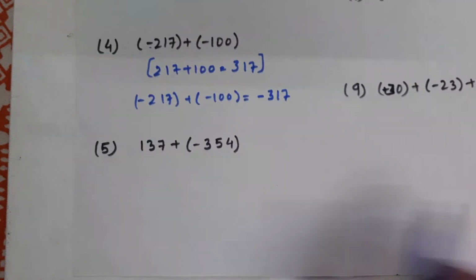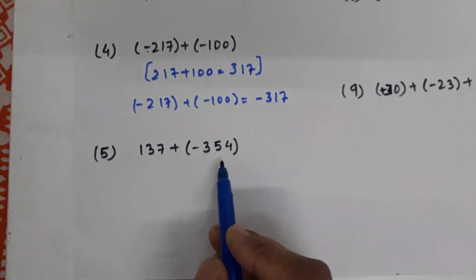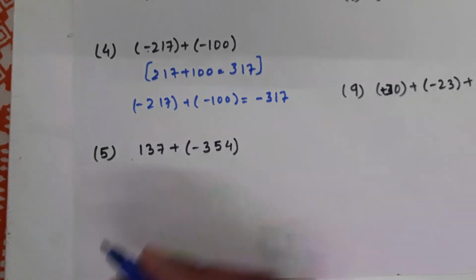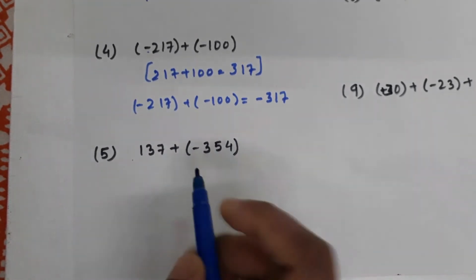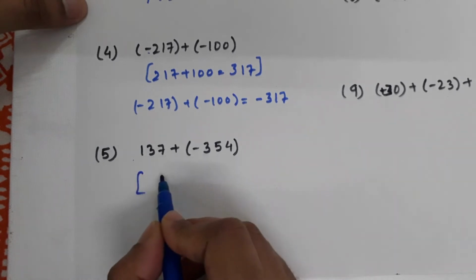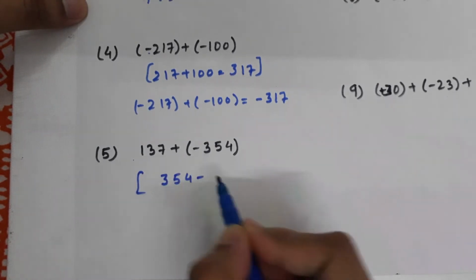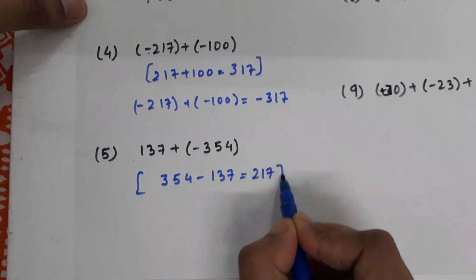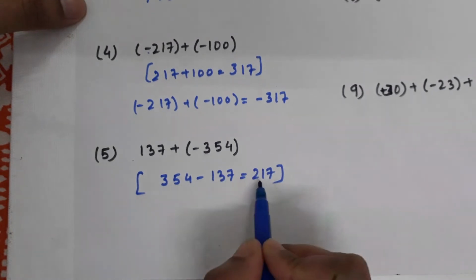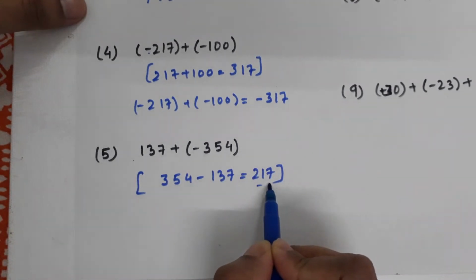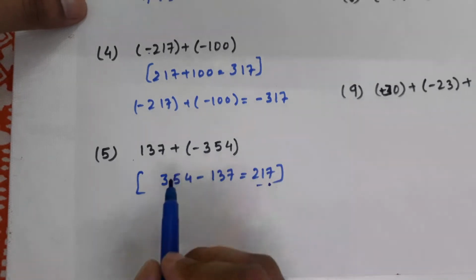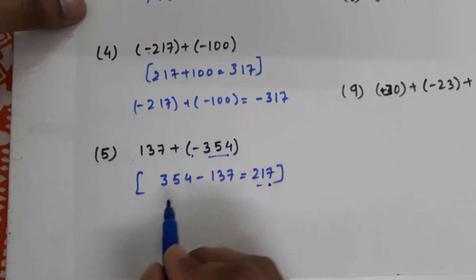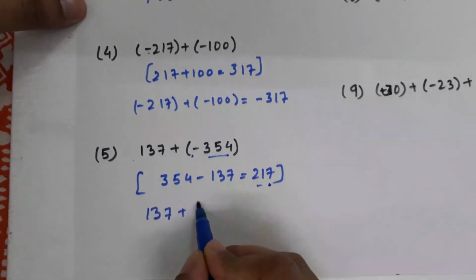Now the fifth one we go. Here the signs are different. If the signs are different, one is positive, one is negative, I have to subtract them. Subtract the smaller number from the bigger number. Just for your clarification, I'm writing 354 minus 137 will give me 217. After subtracting I got 217, then I have to put back the sign of the bigger number. Here the bigger number is 354, which is negative. So my final answer will be